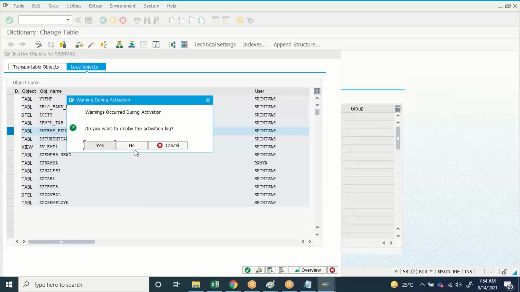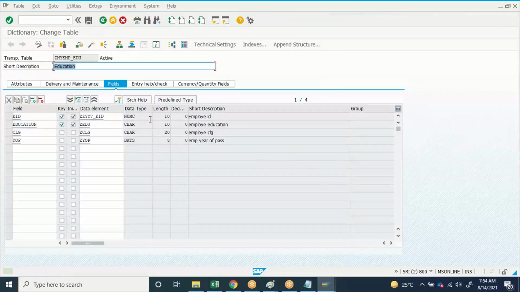Now, if you see the entry check help tab,